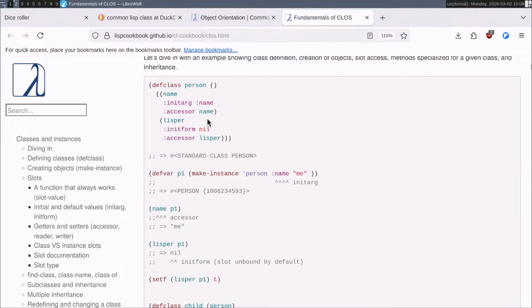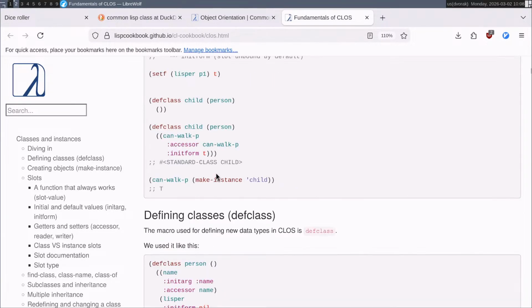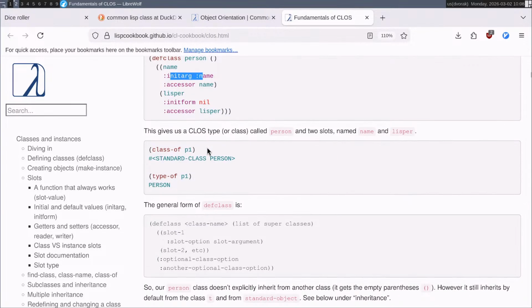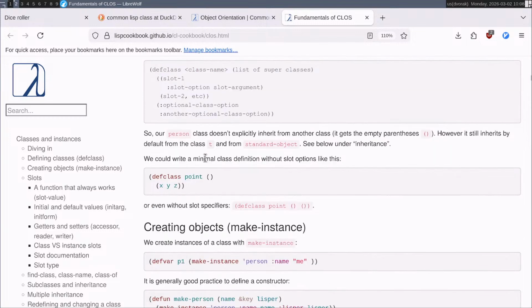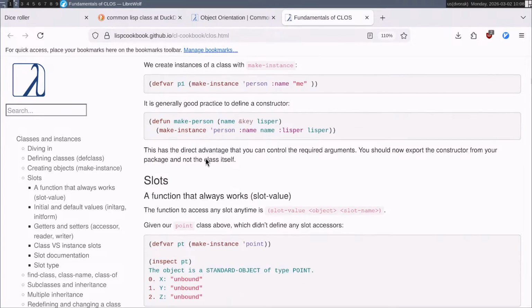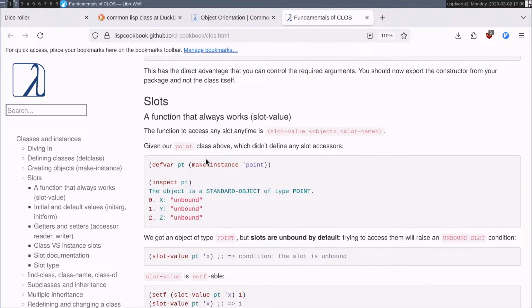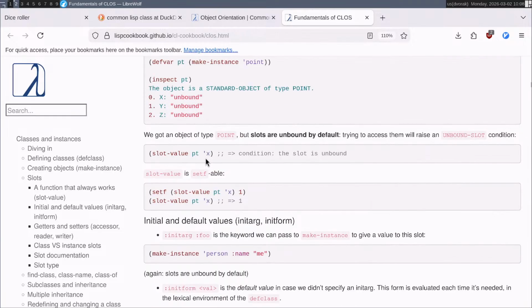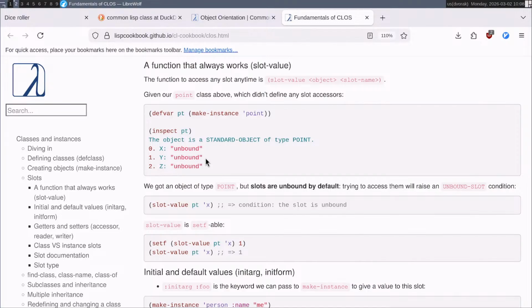How do I give it initial contents? Initial arg is in the constructor, what do I do to specify it? So I can change that. That's fine. But what do I replace it with? Make instance. And maybe I don't actually want to set any. Maybe I do. Yeah, I do. I want to set them as.